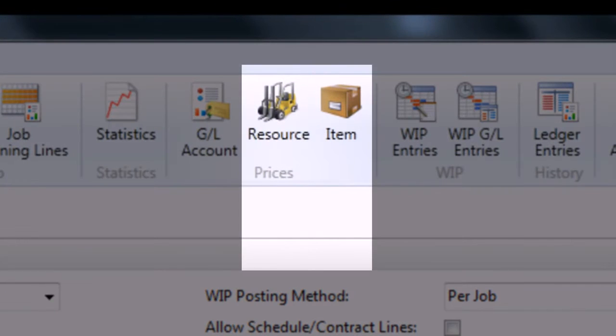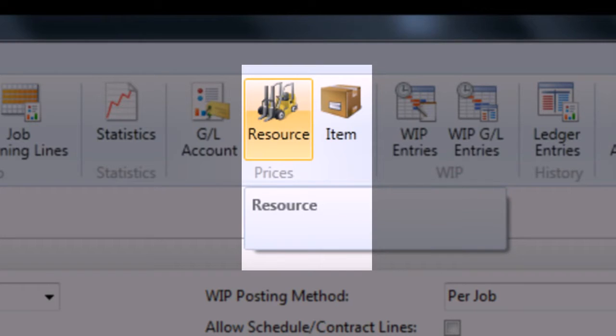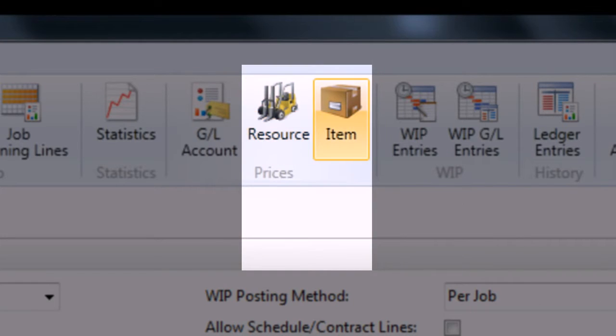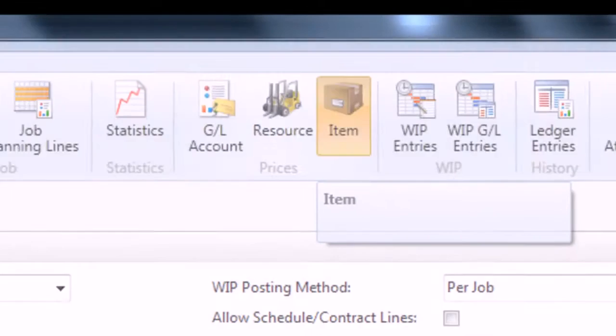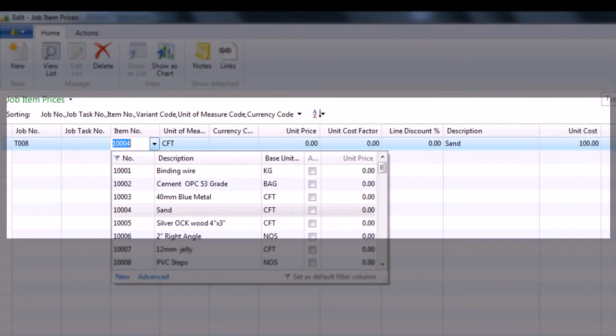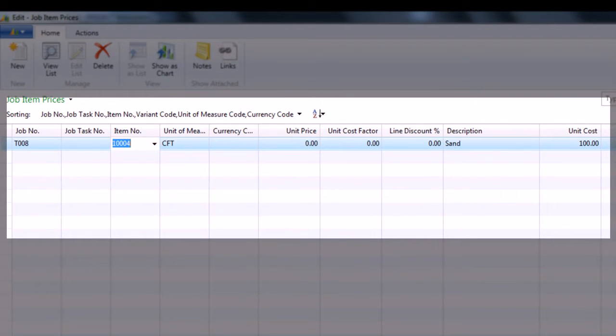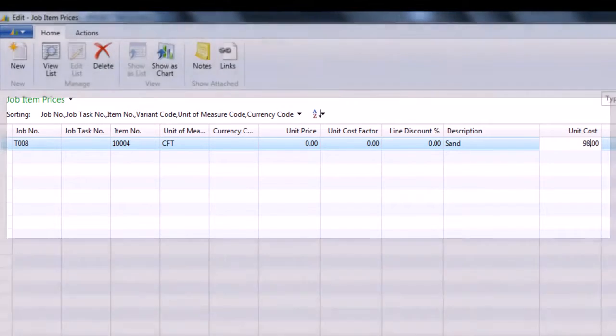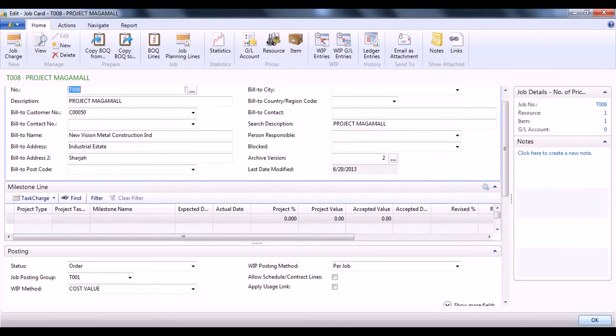Say the key item, sometimes it could be a resource or sometimes it can also be an item. In this case, I'm selecting an item called sand, wherein the unit cost is defined as 100. I'm changing it to 98. Once the changes are made, it is not necessary to go and change all lines in the BOQ.